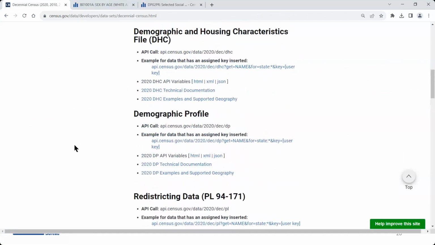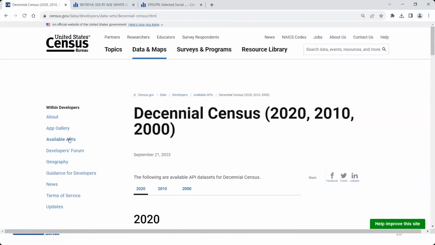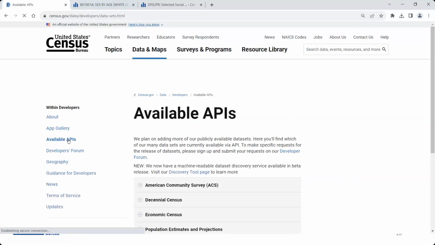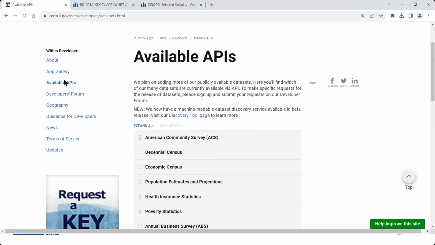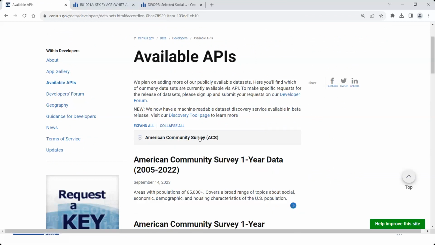So I'm here, again, we're looking at decennial census. I'll just start back on the available APIs page. So again, just starting here on the available APIs page. And this time, as we saw when we were looking at data.census.gov, we were looking first at the American Community Survey, specifically the 2021 5-year estimates.